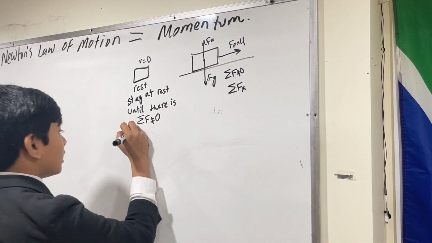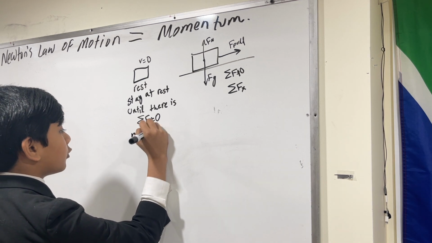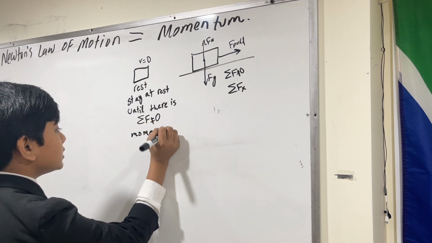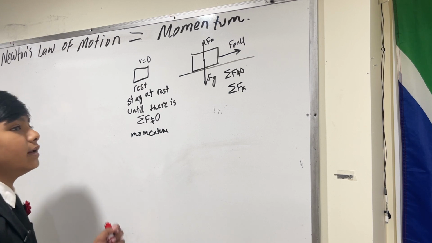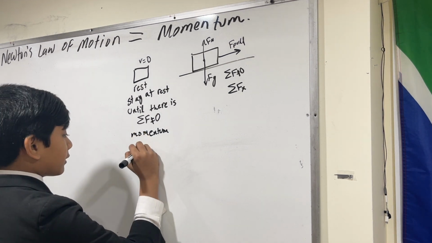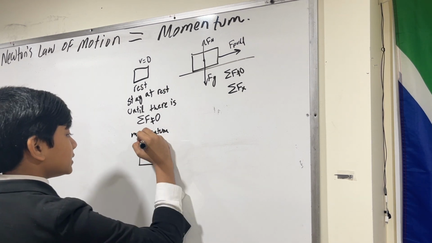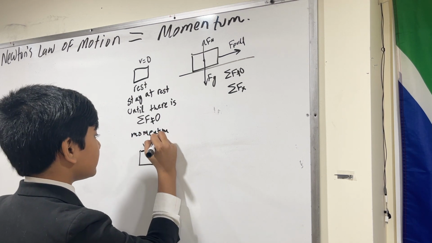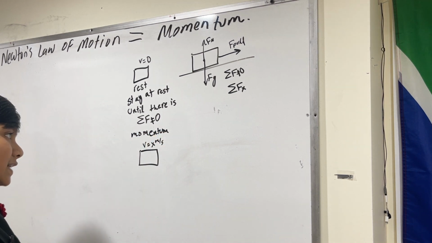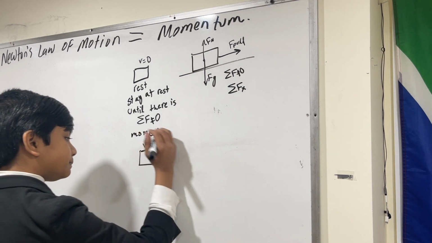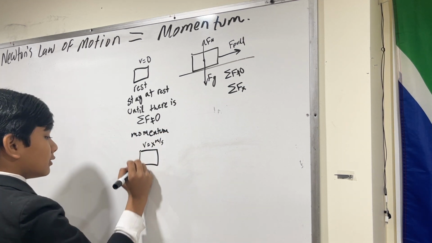Momentum is just the short term for inertia in motion, so we'll use it. What that basically means is that if this has a velocity of, say, v, then it will keep going